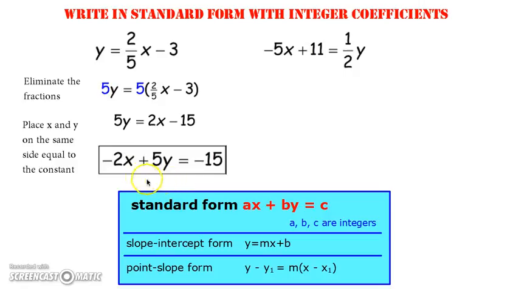It does not matter if your coefficients are negative or which coefficients are negative. It's perfectly fine to have any one of the three come up negative. Same deal happens over here. Those two steps, essentially eliminating the fractions and getting the x, y on the same side, can be done out